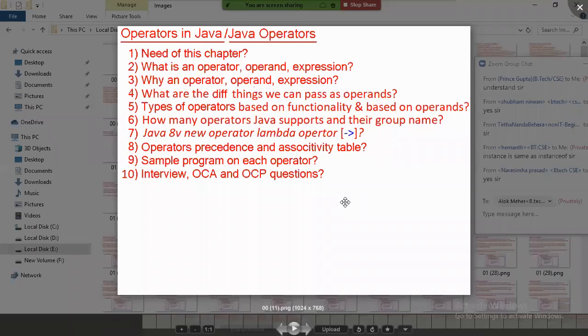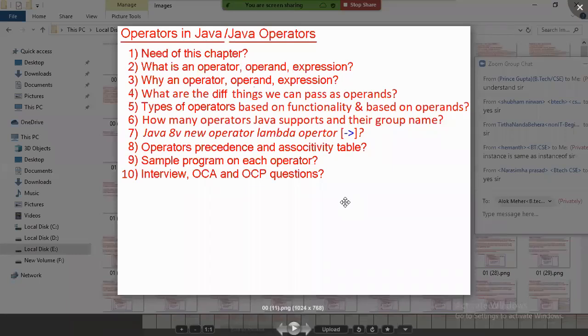Types of operators based on functionality and based on operands. Based on functionality, operators are divided into 3 types: assignment operator, validation operator, calculation operator. Based on operands, operators are divided into 3 types: unary, binary, and ternary operators. An operator that takes only one operand is called a unary operator, for example ++a.